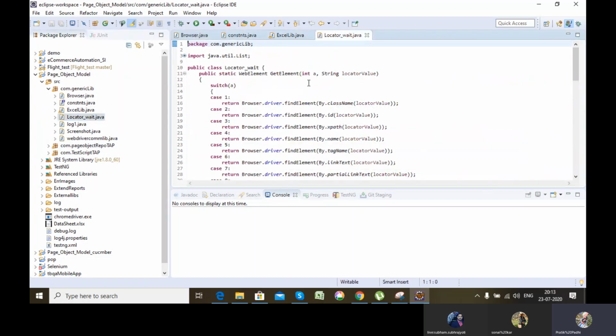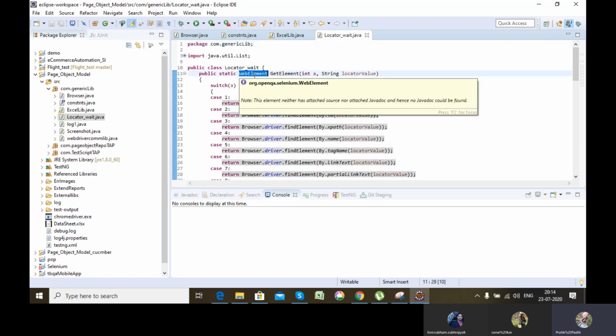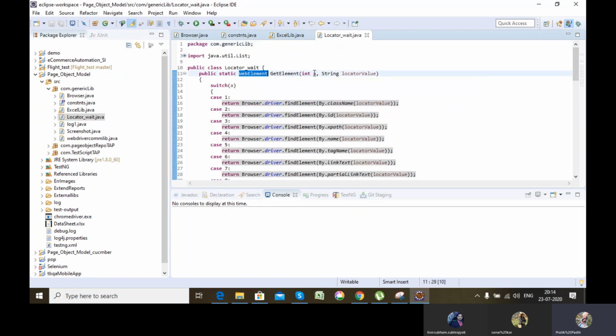Let's say, for example, if I pass 1 and the locator value, what will it do? It will return me By.className, which means it will return me a web element. The argument I'll be passing is the numeric value. Like say, if I want By.className, I'll pass 1.